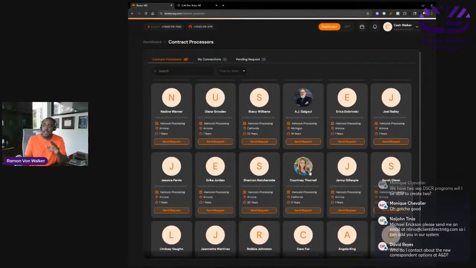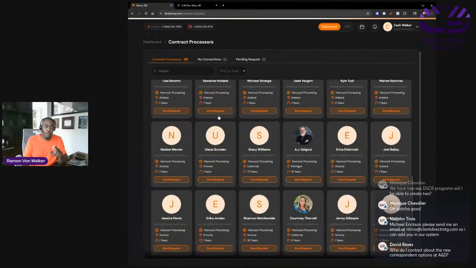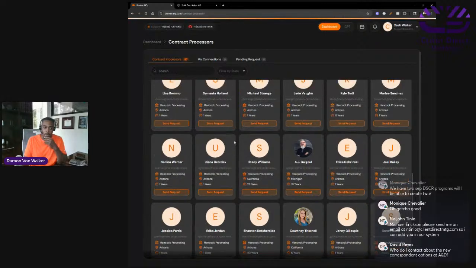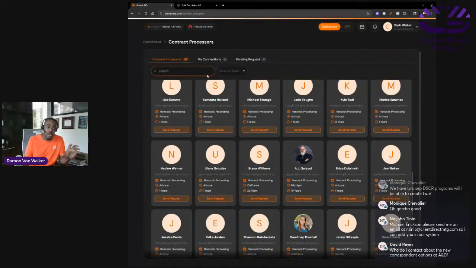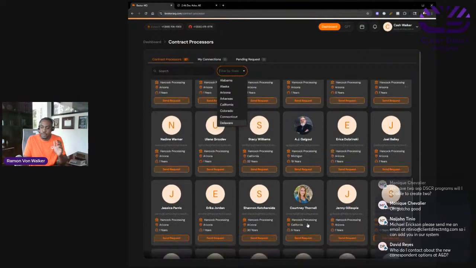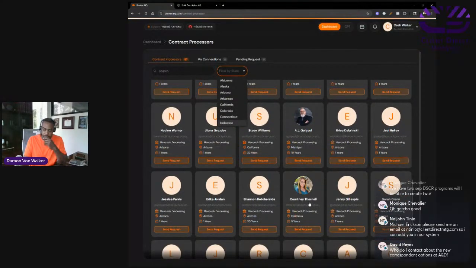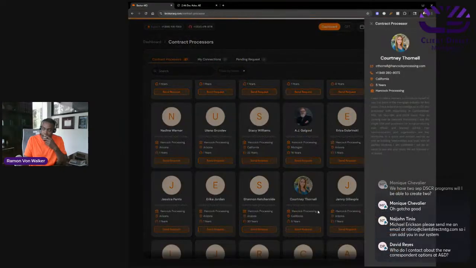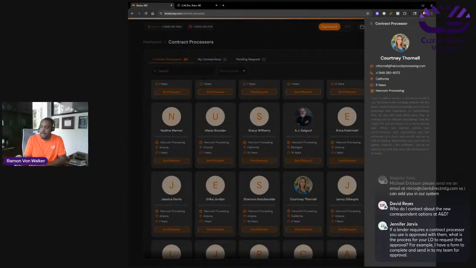Right now we have 87 in there, but we will have 300 to 400 contract processors in here across all the companies and independent. So if you know contract processors that are interested in being part of our platform, please let me know. They could be organized by state. It's really granular. And all of these people will start to get a ranking as well. As you're starting to do deals with us, this part comes over. It talks about who they are, if you will.